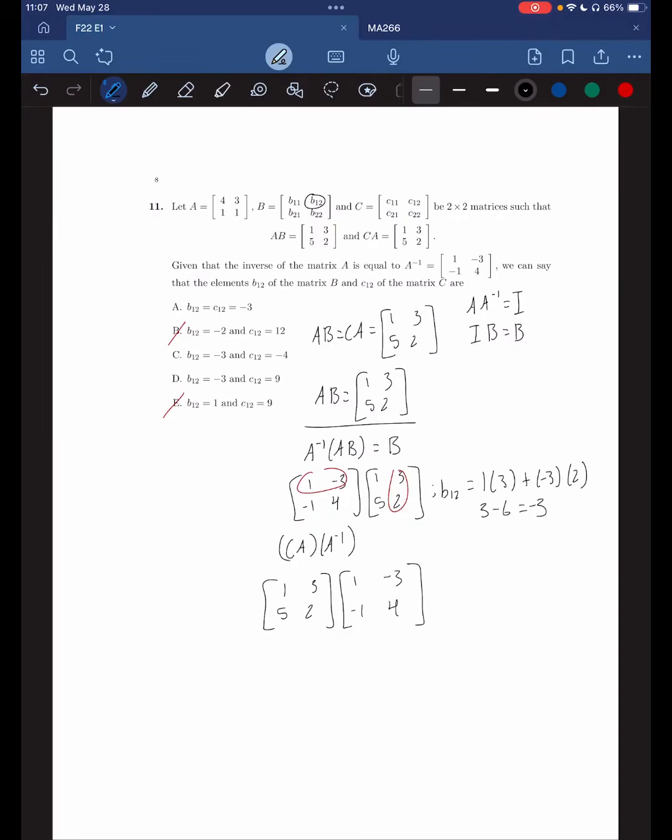We want to find element C12, which is first row, second column, which gives us 1 times -3 plus 3 times 4, which is equal to 9. Therefore, your answer here is